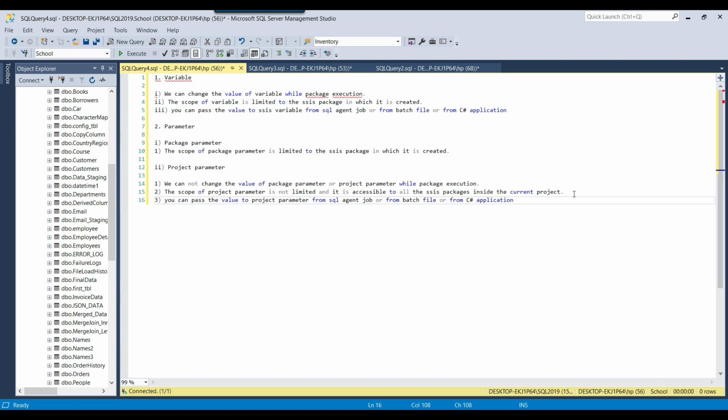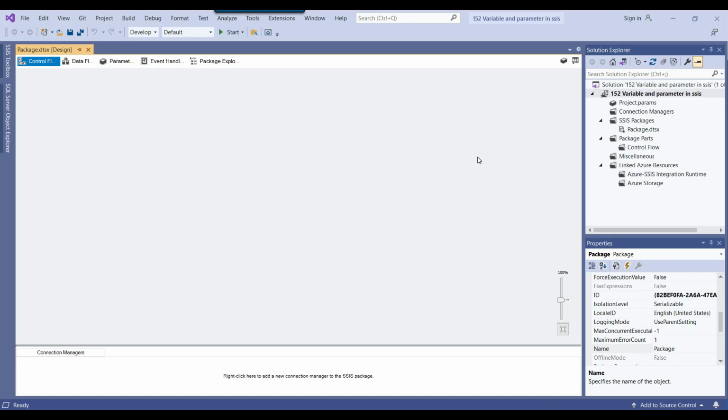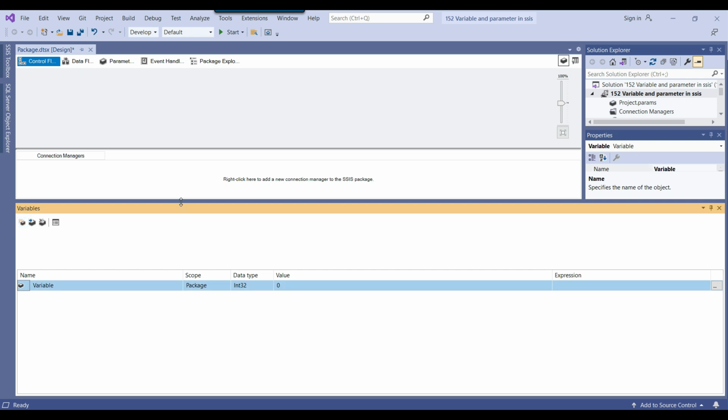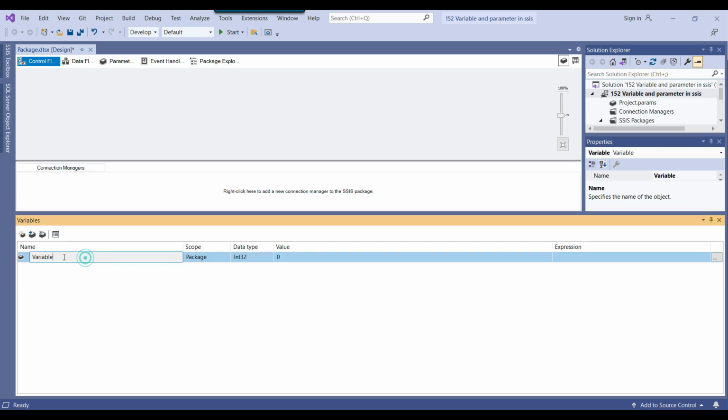So let's see how we can use the variable and the parameter. I have created a basic, blank SSIS package. Let me declare a variable here. First we will see how to use the variable and how we can pass the value. Suppose I create a variable and call it folder path. The data type is string, and right now I give it a value, a D drive files folder. So this is the folder path variable and I assigned some value at design time.